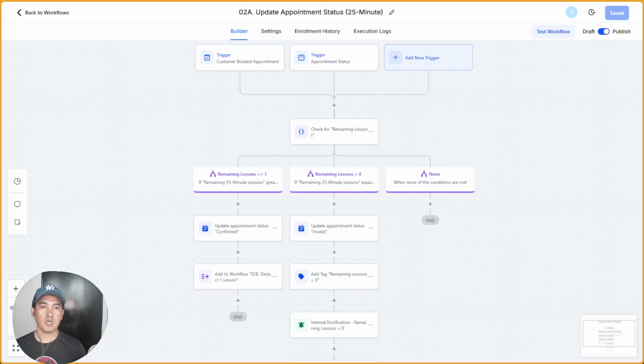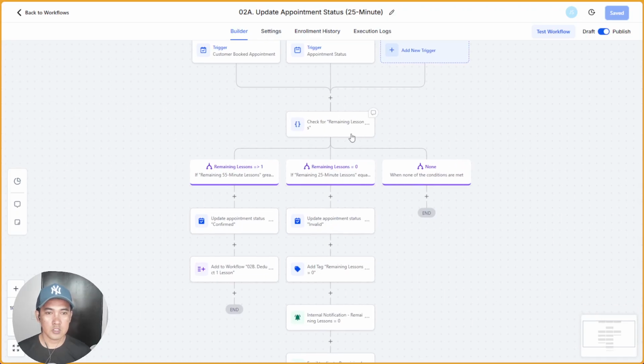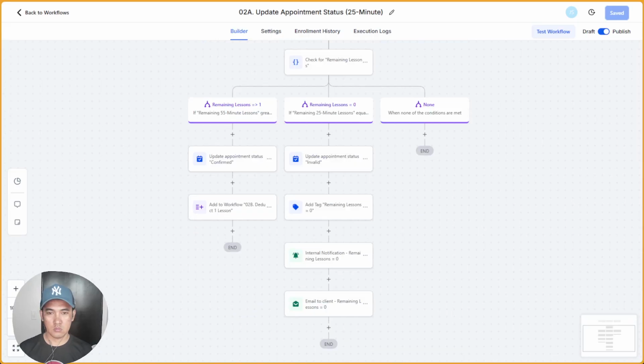So at this point, the customer is now booking for their lessons, and that will trigger this workflow. Of course, we want to check if they still have remaining lessons. If they have remaining lessons, the booking will push through.